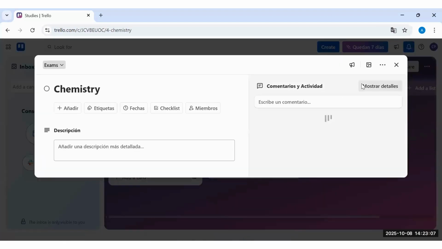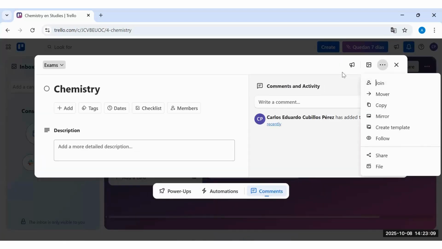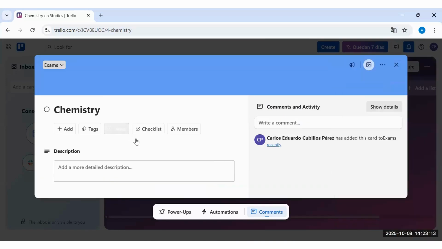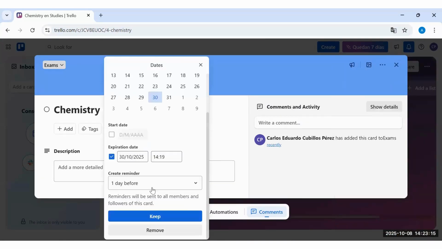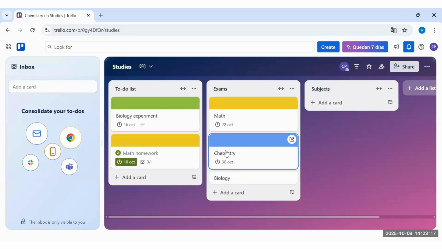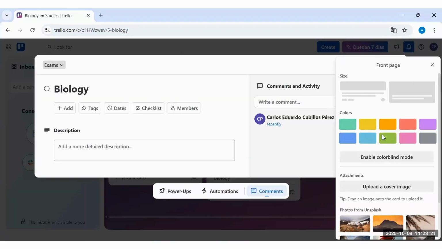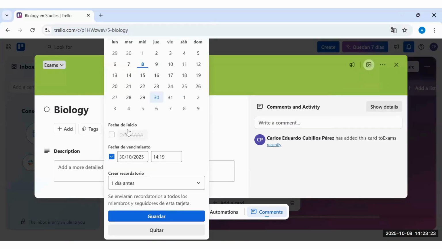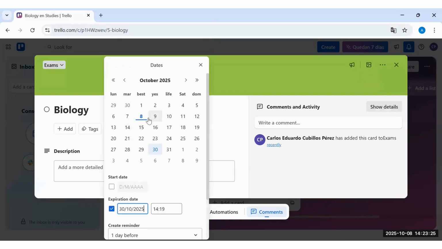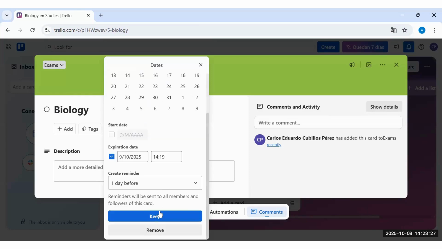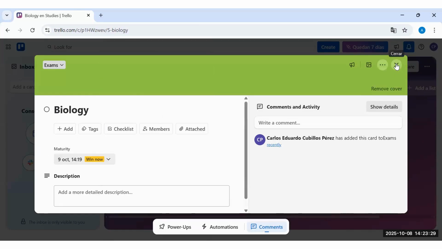The chemistry, let's put color blue, and the date of the exam is this one. And biology is green, and the date is, for example, this one, okay?